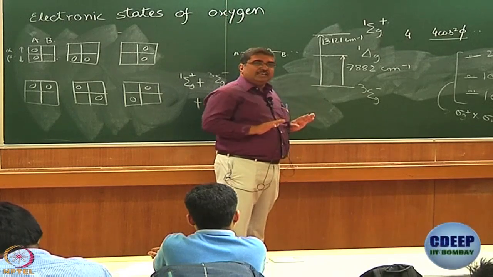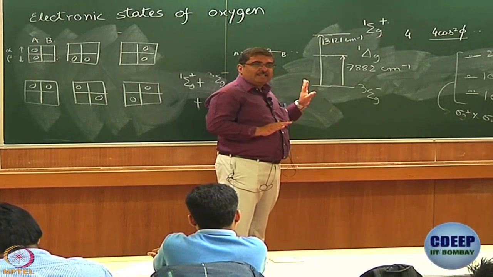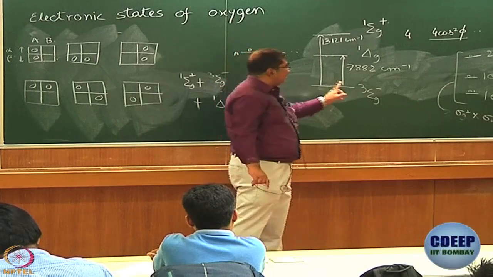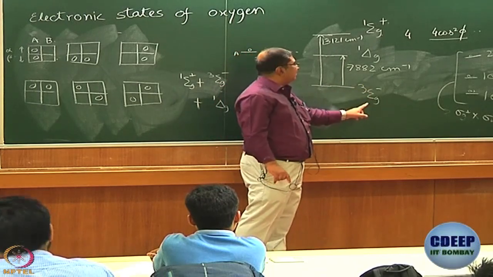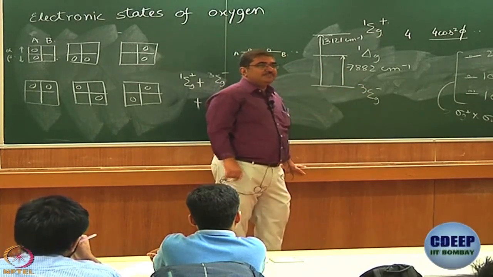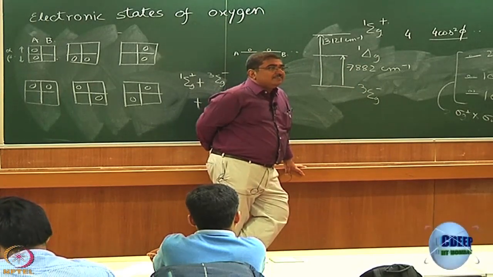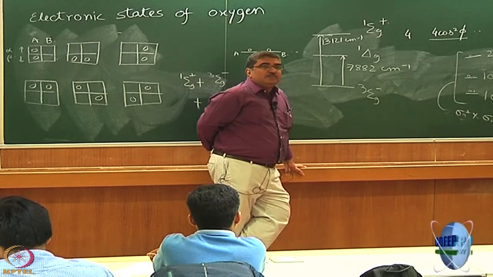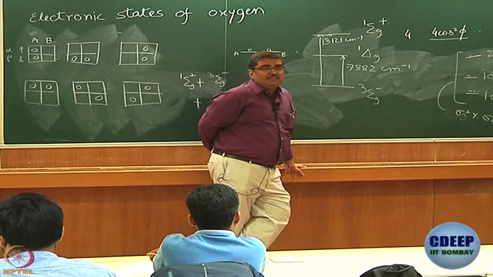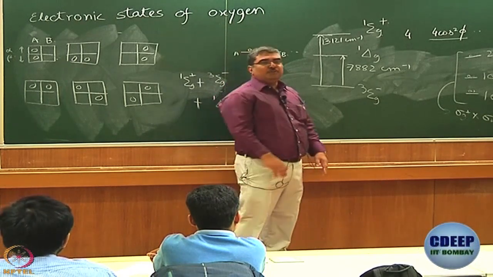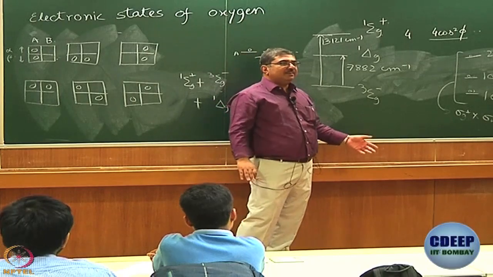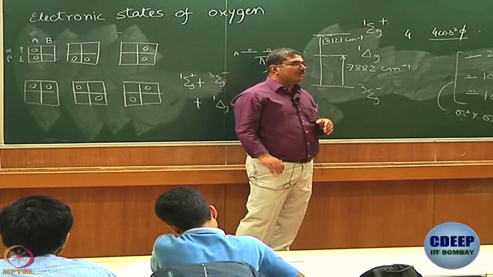So, you kind of get the idea of what kind of energy gaps are there. Now, tell me something, do you expect transition to take place between triplet sigma G minus and any of these levels? That has been forbidden, right? So, actually you do not expect too much of transition to take place. But when we say forbidden, forbidden is never 100% forbidden, a little bit of cheating is always there.